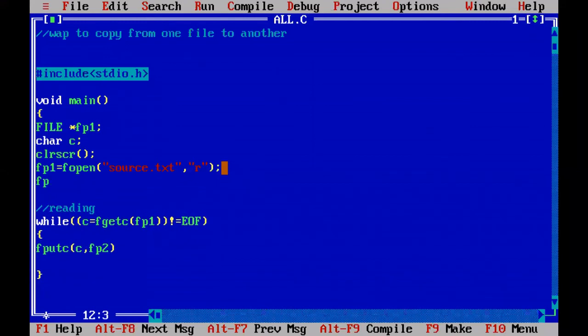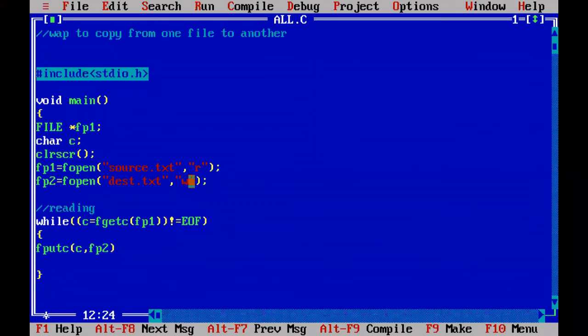fp2 equal to fopen, and the second file name, I am naming it destination.txt, comma, in which mode are you opening? In writing mode, because whenever you are reading from the source.txt, the same content you are copying or writing into the destination.txt, so this destination.txt must be opened in writing mode.